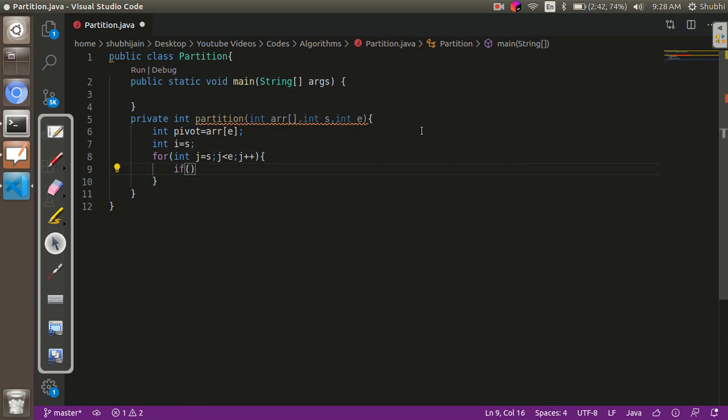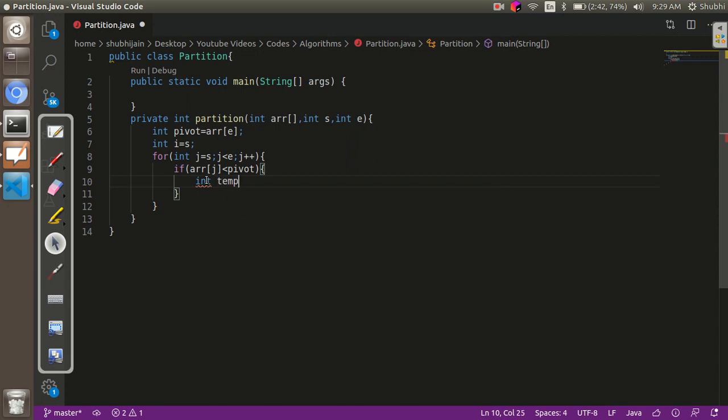Now if I find the element at the current position less than my pivot, I'm going to swap the two positions. So what I'm going to do is swap the element at index I and the element at index j.